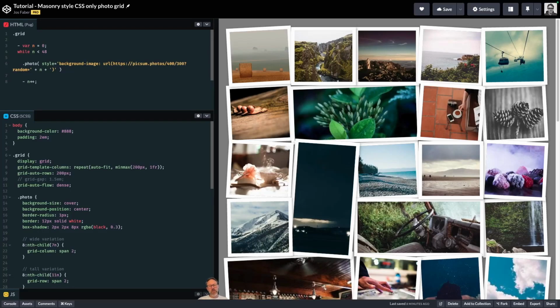Hey there! Today we're going to do a short one, which is a CSS only photo grid masonry style. We'll be using just HTML and CSS, and we're going to make our photo gallery have different photo sizes that seem random. Also, we'll be incorporating some shadows and rotation to make it all seem like a table of photographs